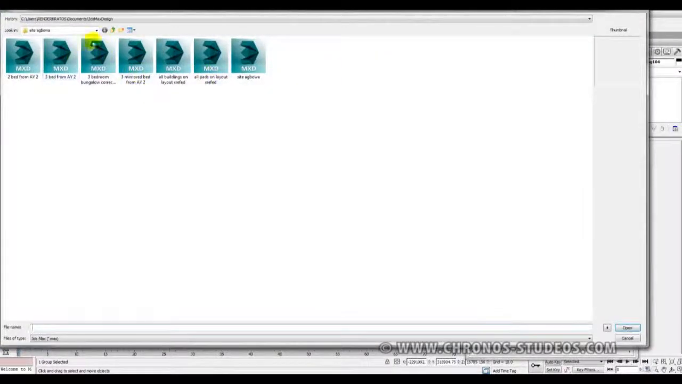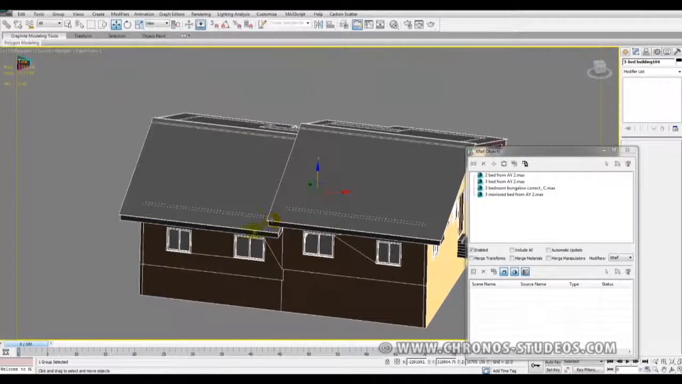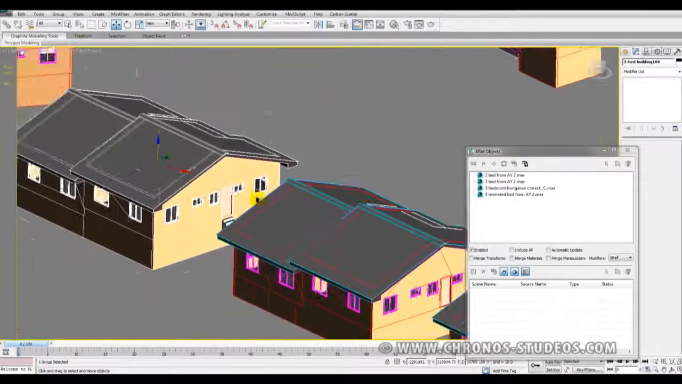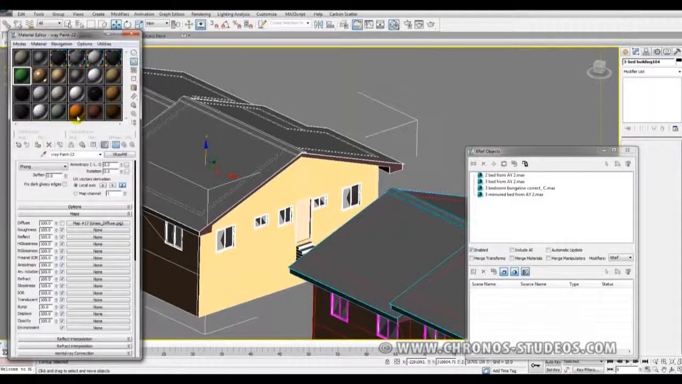So you tell it to navigate to which object you want to XRef. When you tell it to do that, you just bring it in and then place it where you want to place it. The advantage is that when you modify the main file, it could be the roof materials,